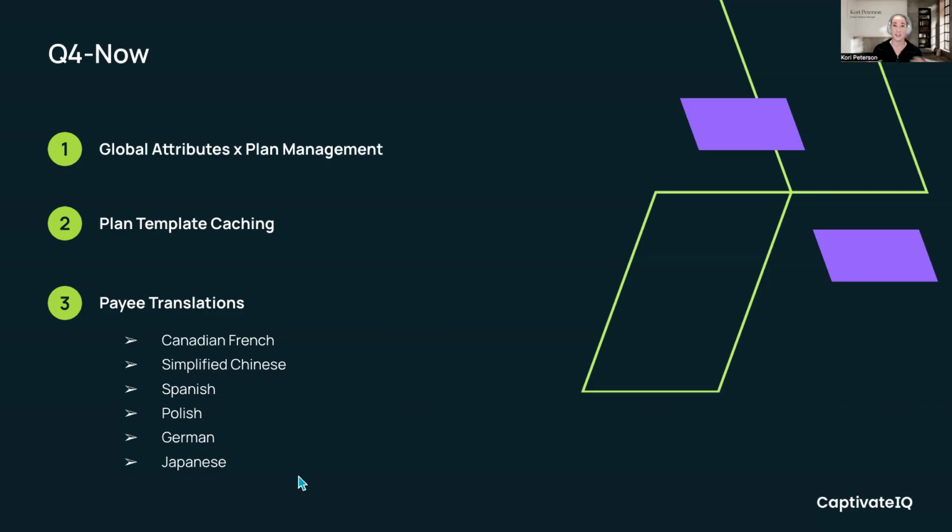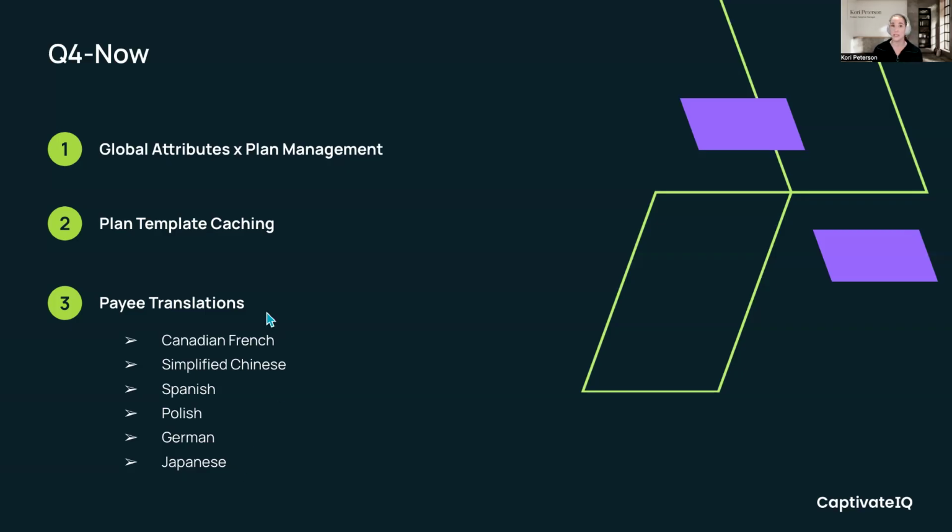We are adding new languages. I believe that these last three languages were recently added. So if you have preferences or feedback on which languages you would like to see, or if you see translations in the Payee experience you feel have a better word, please feel free to let us know. There is an admin-facing article on this that advises you on how to utilize support and your CSM to provide any feedback to us when it comes to translations.